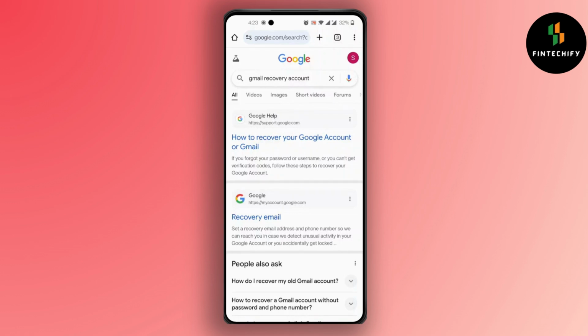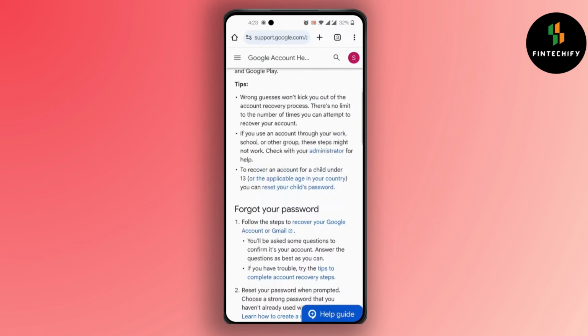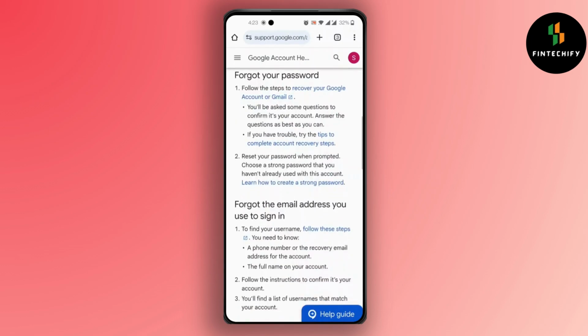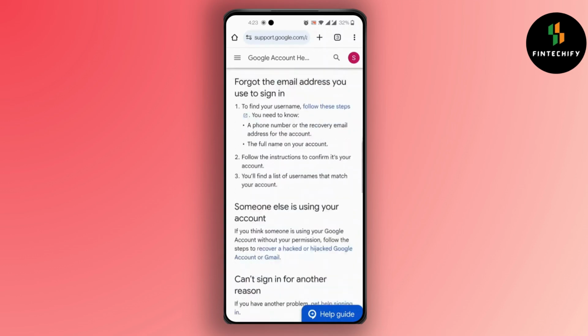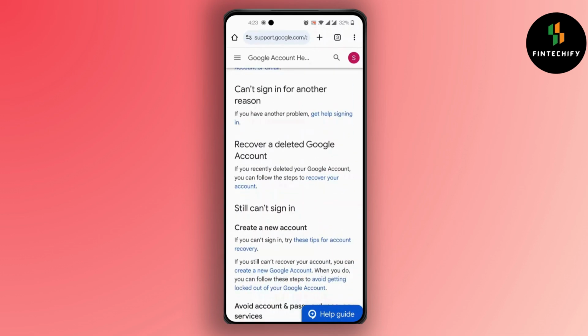Simply go to Google, search for Gmail recovery account. You'll find this kind of screen pop up. Click on how to recover your Google account or Gmail. Click on it. In here, you'll find all the tips if you forgot your password, forgot the email address, or